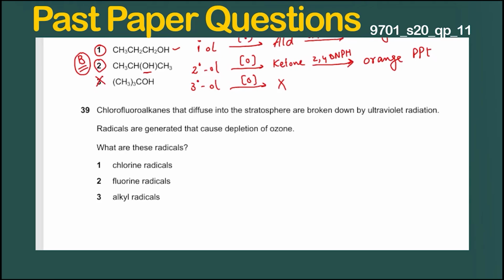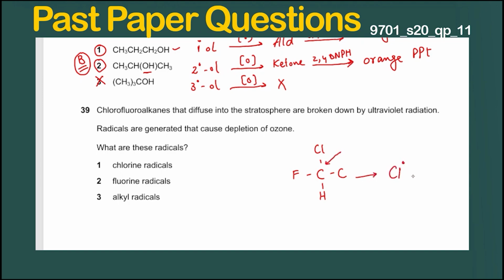Chlorofluoroalkanes that diffuse into the stratosphere are broken down by ultraviolet radiation. Radicals are generated that cause depletion of ozone. What are these radicals? Chlorine radical. Here we have chlorine, fluorine, H, F, and on this side we have C. Which bond is going to break down? This one,